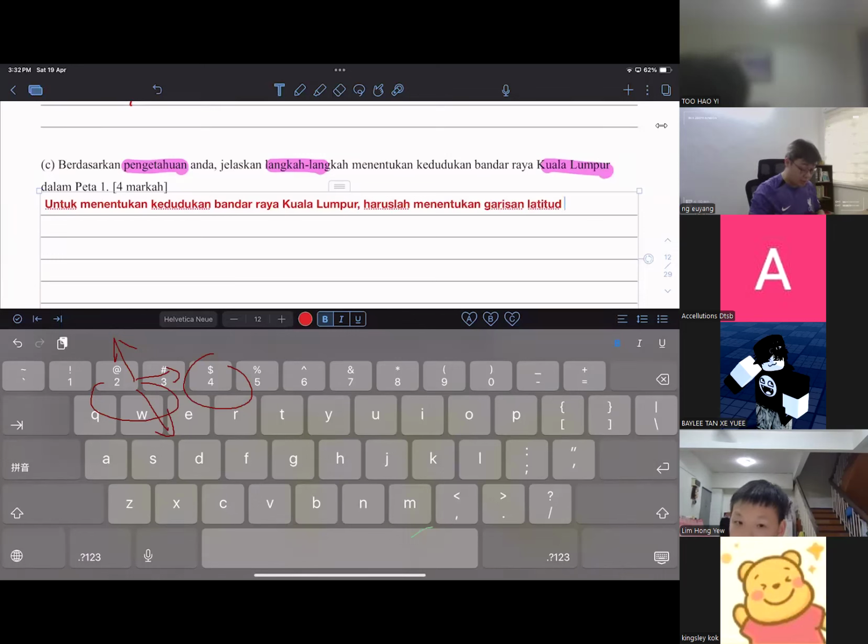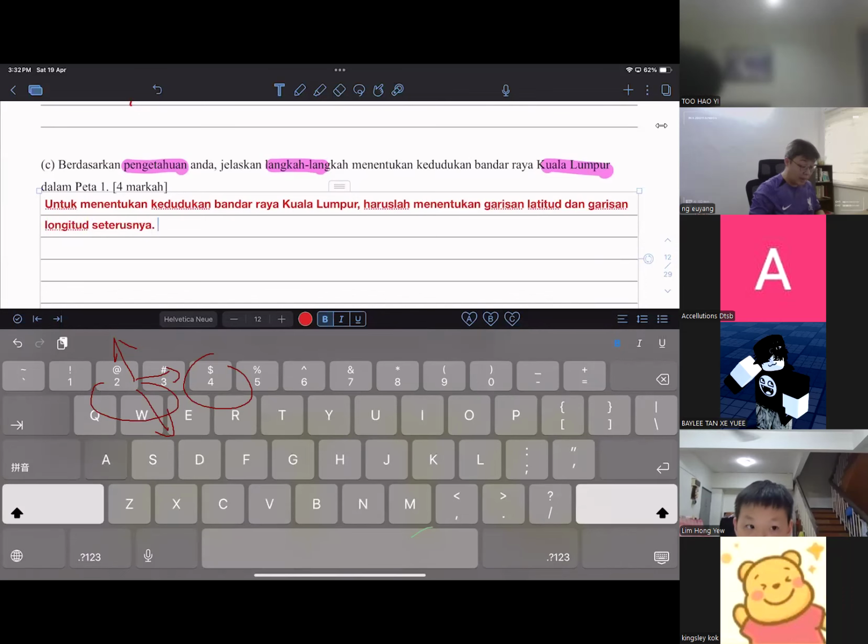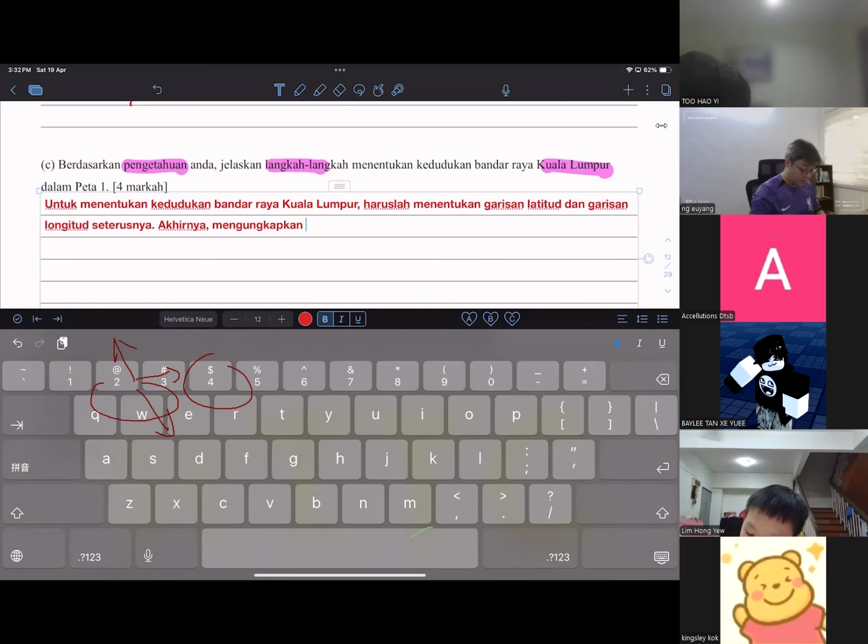Menentukan garisan latitude dan garisan longitude, seterusnya, akhirnya menggunakan titik persilangan untuk menentukan nilai kedudukan